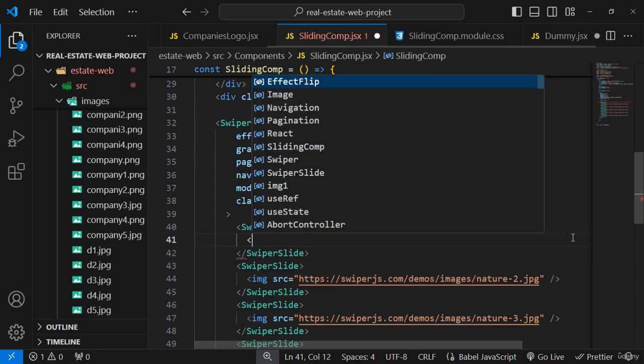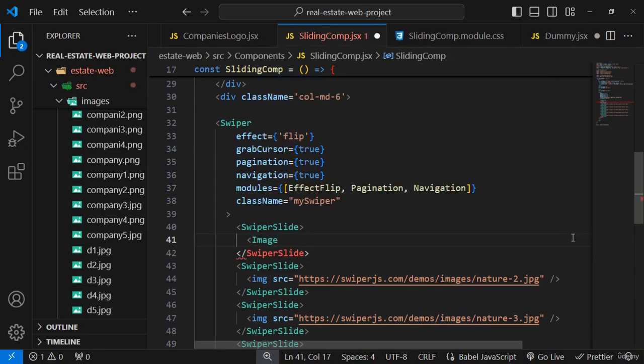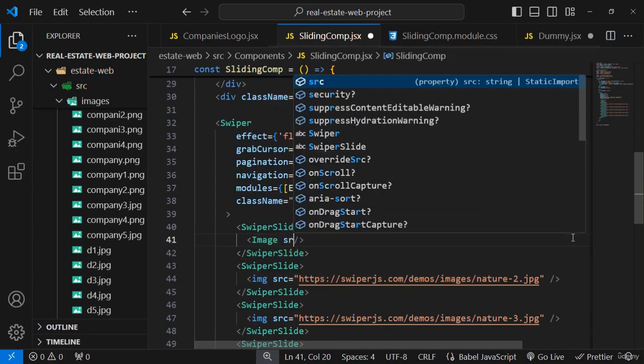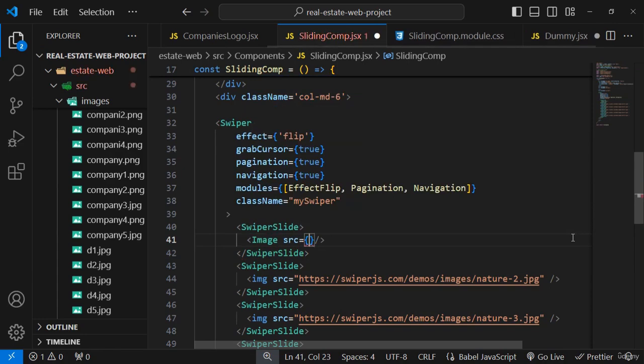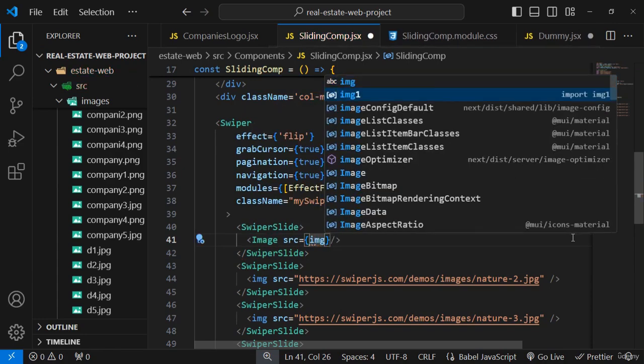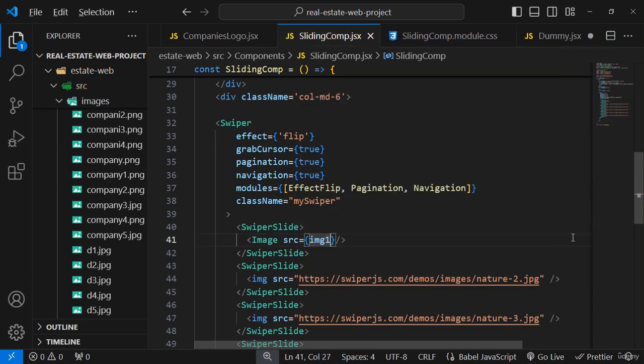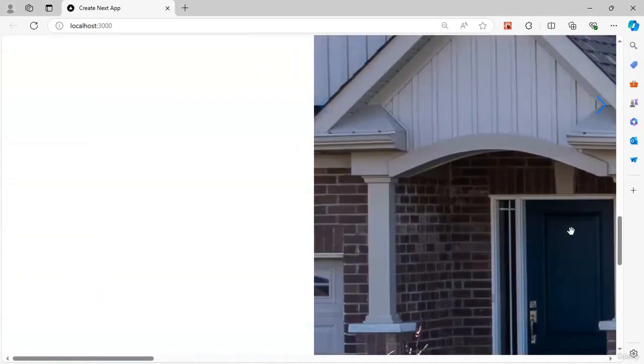Here I am going to use that image source. I am the one. Now if I save it, that's also too much big image,